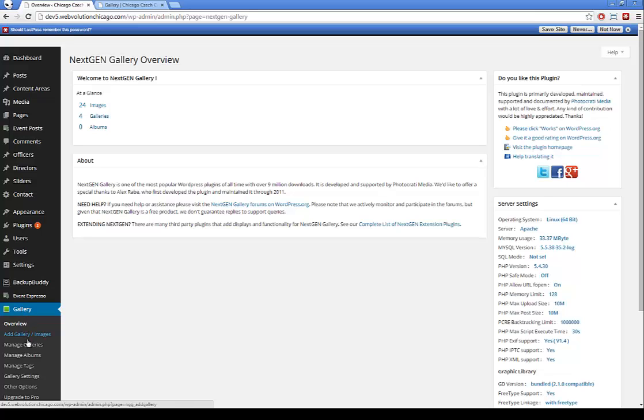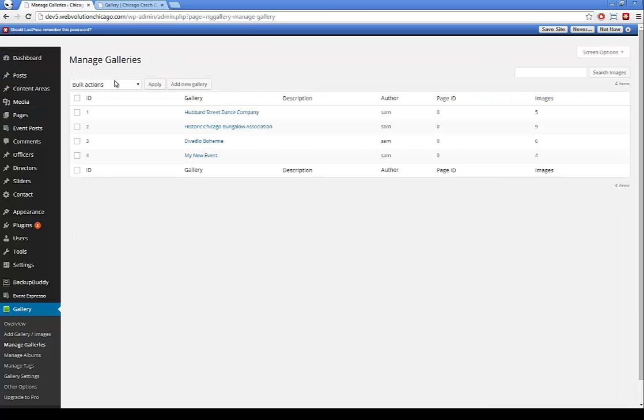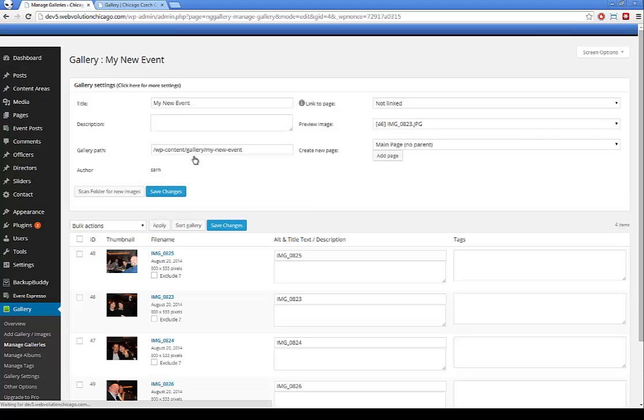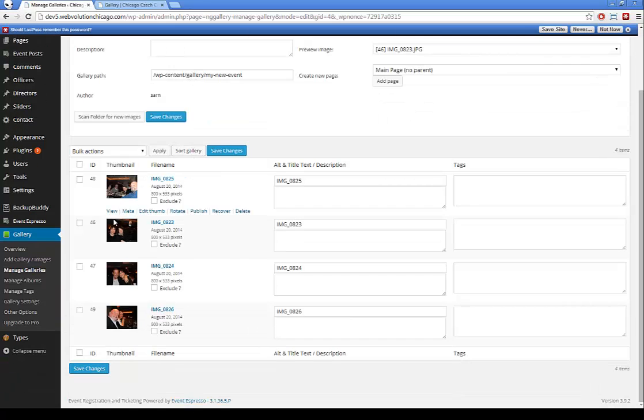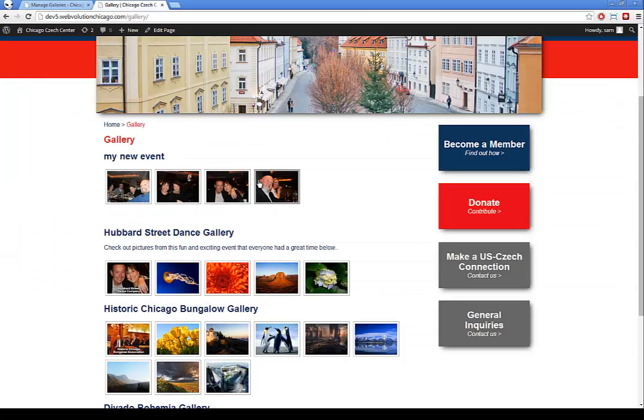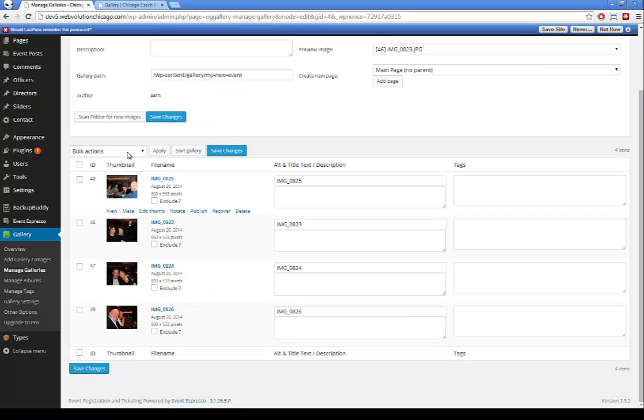You go to gallery and you want to go to manage galleries, and you want to select the gallery that you want to manage, to edit essentially, and that's the my new events. So I'm going to click on that, and as you can see, we see the images that do show up here. And then you want to click on sort gallery,